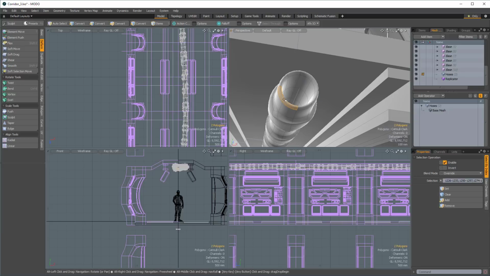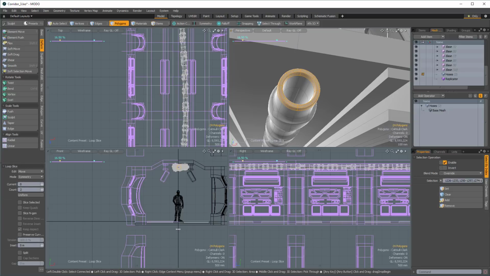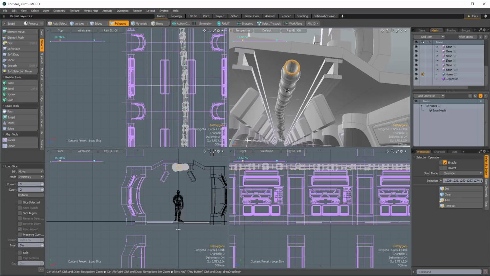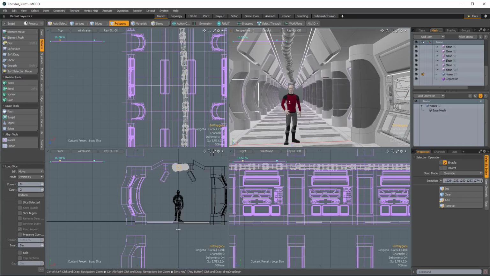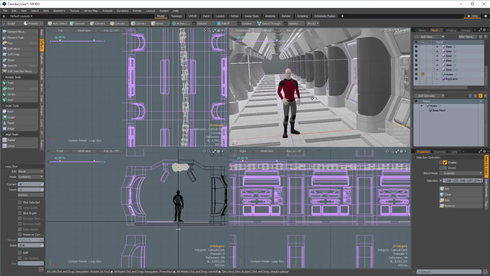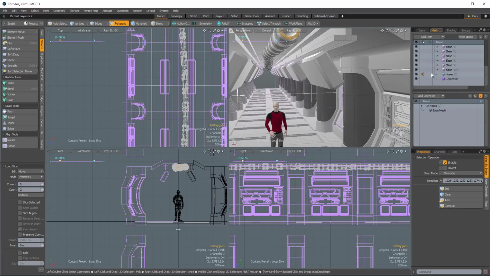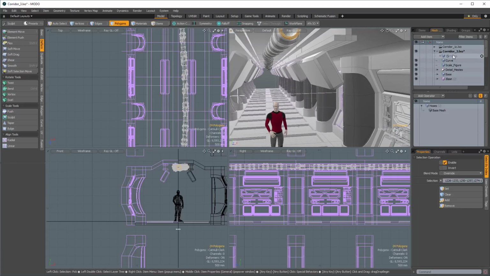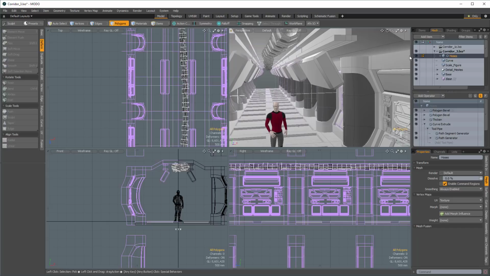So just to make it a little bit tighter here, I'm going to run a couple of loop slices. There we go. I'll probably never even see that front edge. That's just going to be something that's hanging off outside of the camera range, so that's okay. All right, so now in order to continue this, all I have to do is go ahead and turn on